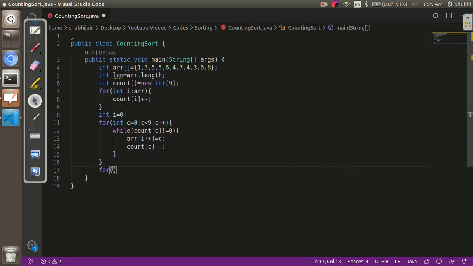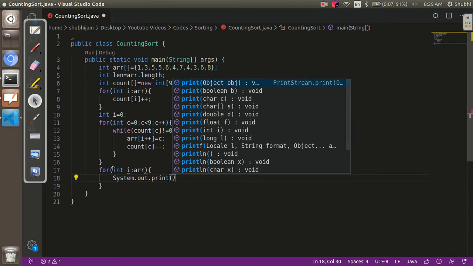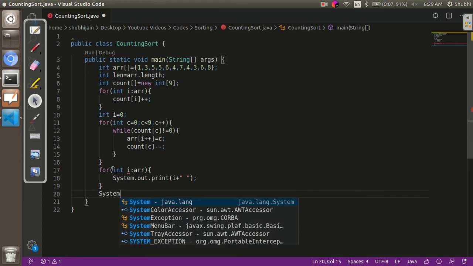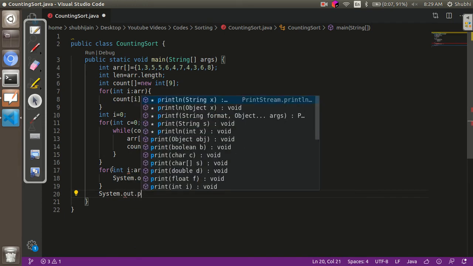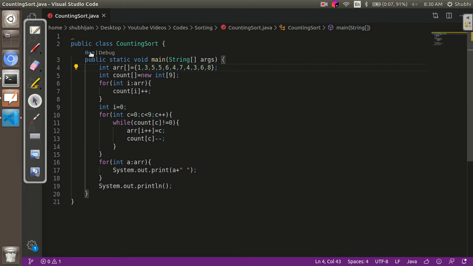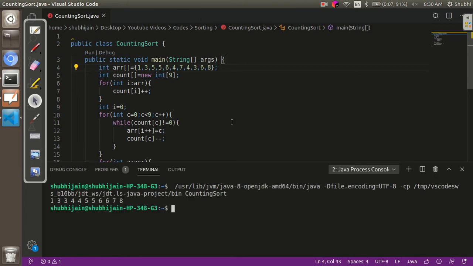Now let's see if the algorithm works properly. See, our array has been sorted.